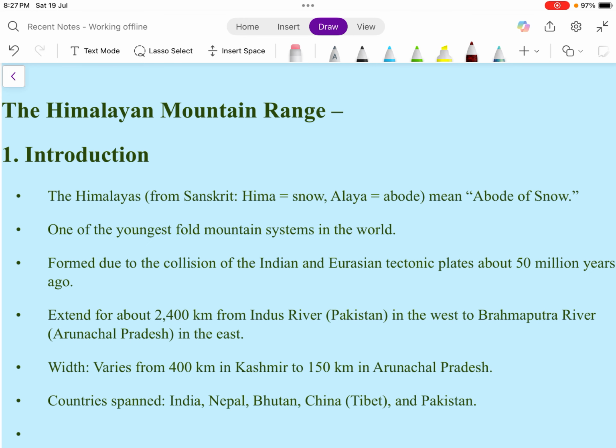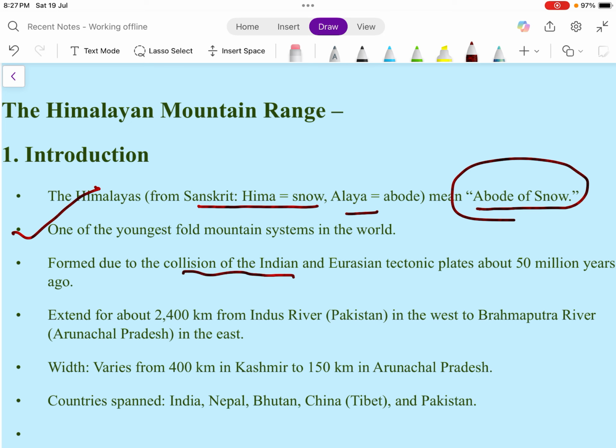So the Himalayas, in Sanskrit terms, Hima means snow and Alaya means abode, meaning abode of snow. Himalaya is one of the youngest fold mountain systems in the world, formed due to the collision of the Indian and Eurasian tectonic plates about 50 million years ago. It is formed due to the collision of two plates, one is the Indian plate, another one is the Eurasian tectonic plate,